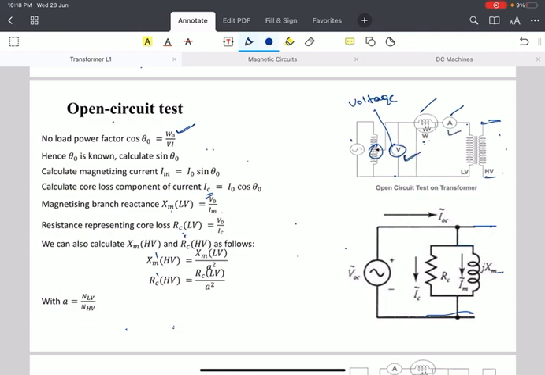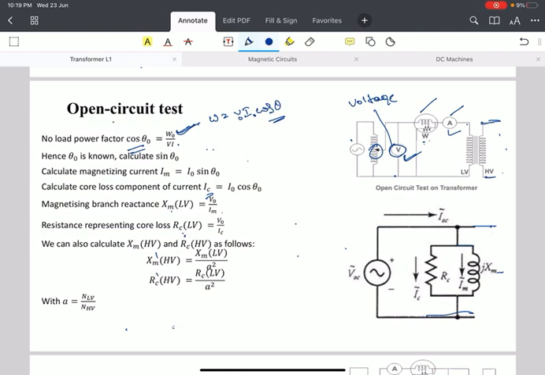We know that power W is equal to VI cos theta. We know that power W naught is equal to V naught I naught cos theta. Cos theta is the no load power factor. So cos theta can be found out by using W naught divided by V into I. We will get W naught from the wattmeter, and we will get voltage from the voltmeter and current from the ammeter.